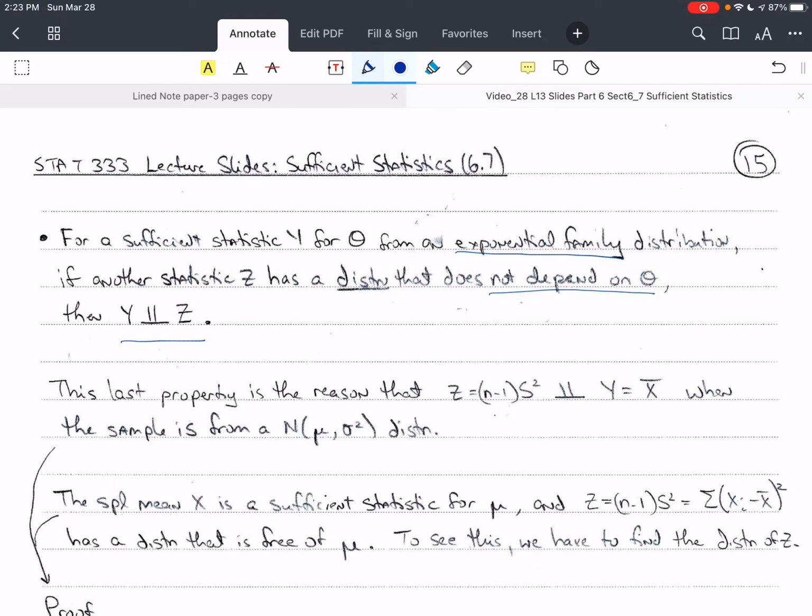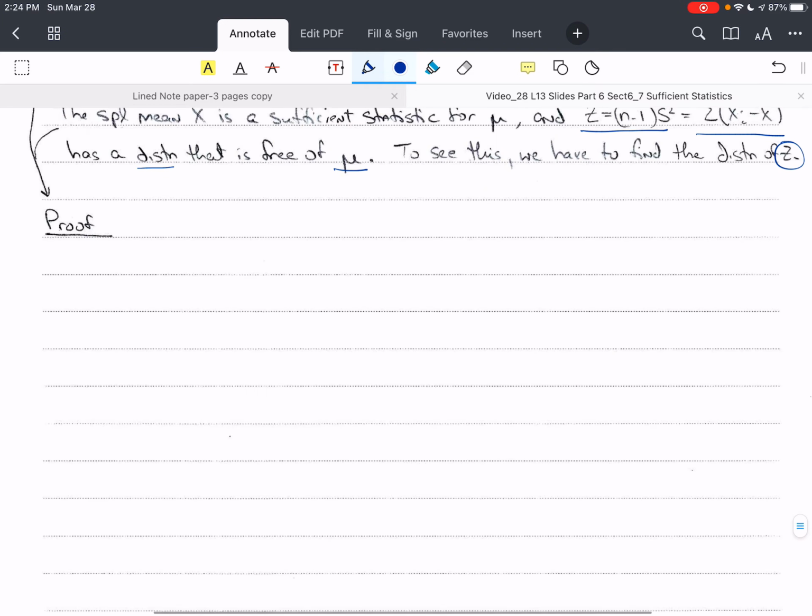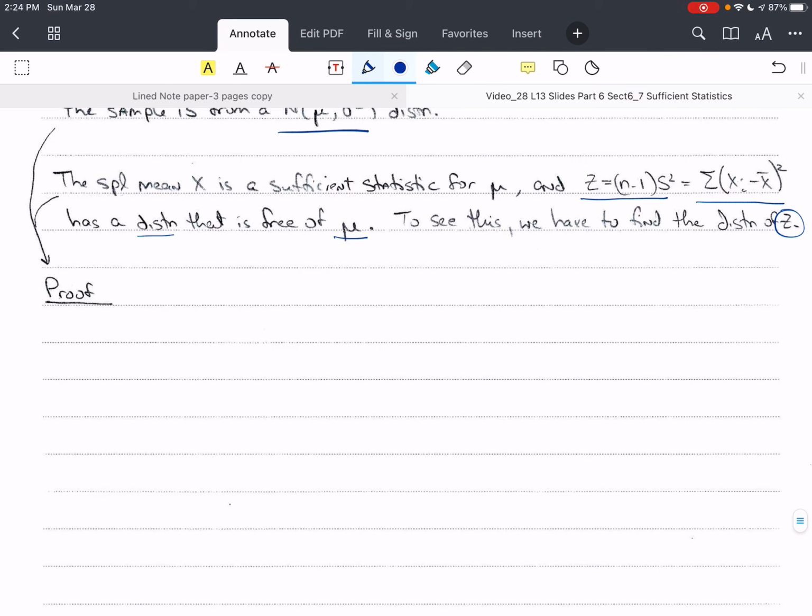Now, this last property is the reason that Z equal to (n minus 1)s squared is independent of Y equals x bar when the sample is from a normal distribution, not from other distributions, but just from the normal distribution. The sample mean is a sufficient statistic for mu, and Z, (n minus 1)s squared, which is equal to the sum of (xi minus x bar) squared, has a distribution that is free of mu. To see this, we have to find the distribution of Z. To do that, it's a proof, so we're going to use the MGF